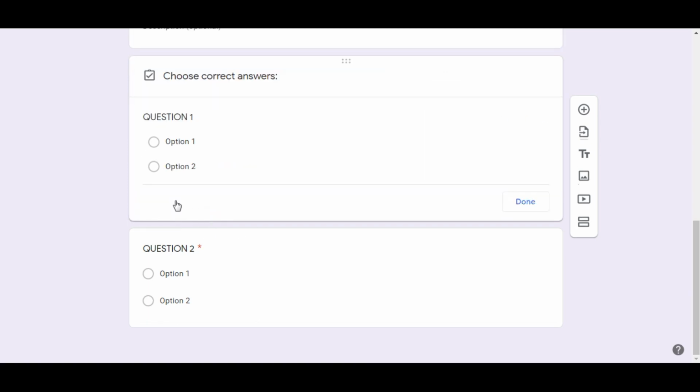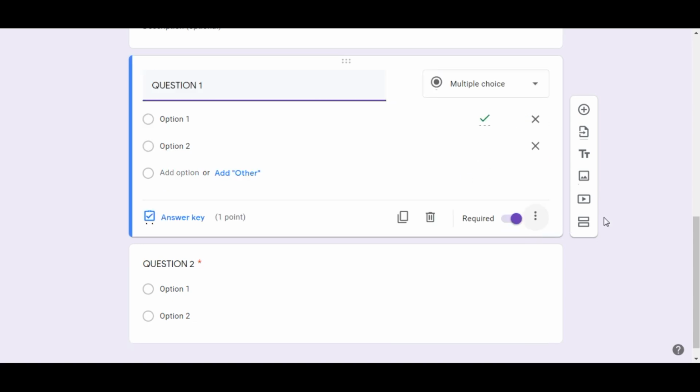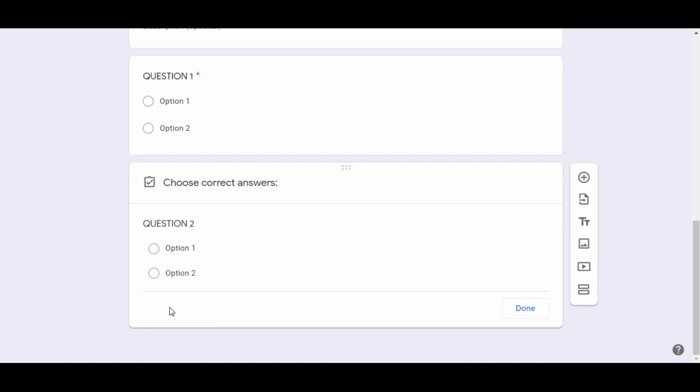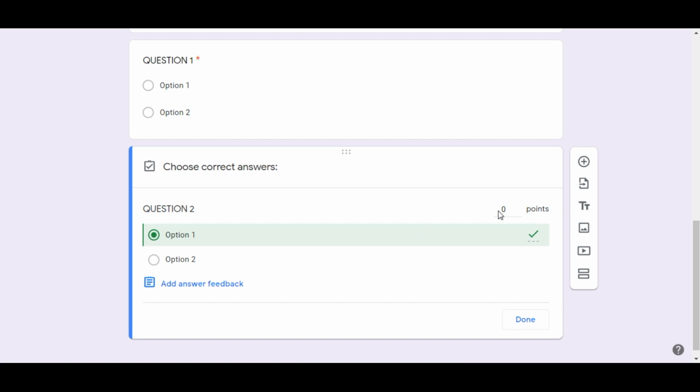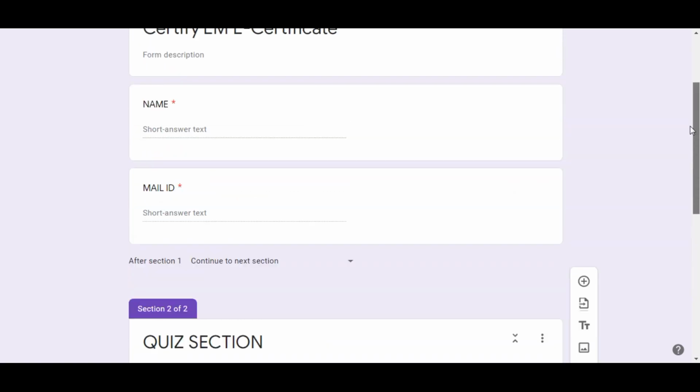So you have to click here, choose the correct option, and give the points. It may be 1 or 2 based on your total points. You have to do this for all the questions. So now I have given 2 points for this entire quiz.